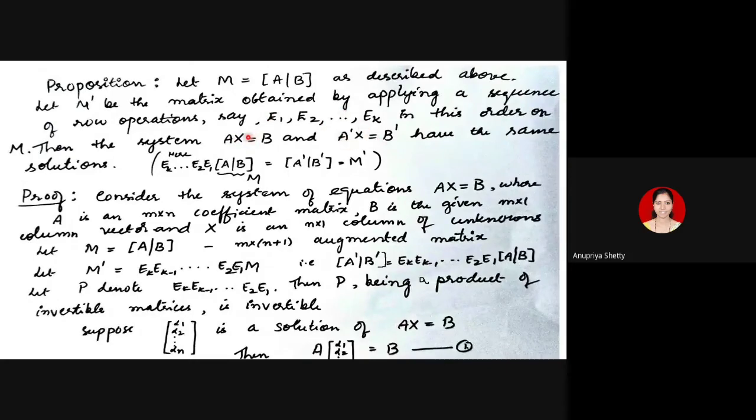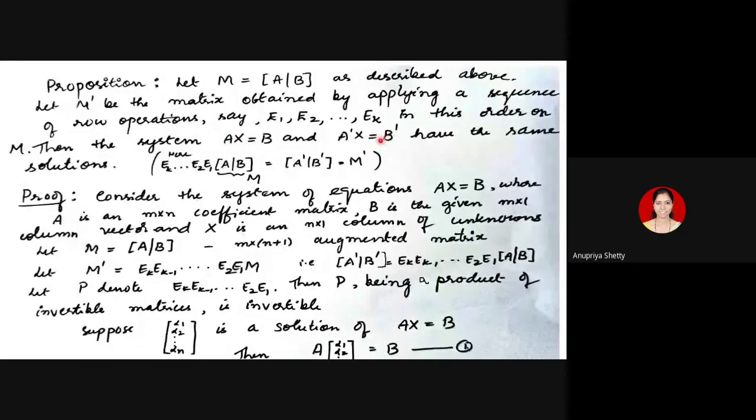Why? Suppose I know that Ax equal to B has no solution. Then can A dash x equal to B dash have a solution? If at all it has, say, one solution, then according to what we have justified just now, the same should be a solution of Ax equal to B also, right? But you are saying that it has no solution. Therefore, if one system has no solution, the other one also cannot have a solution.